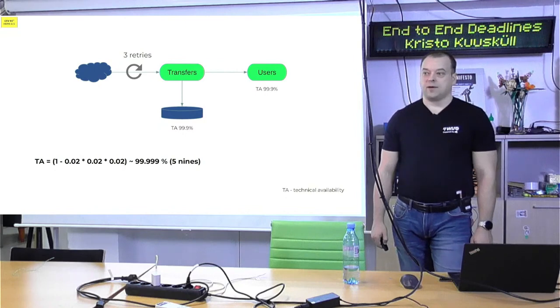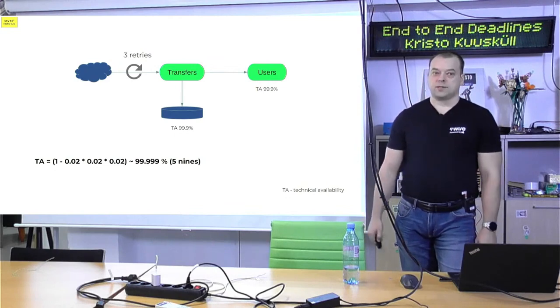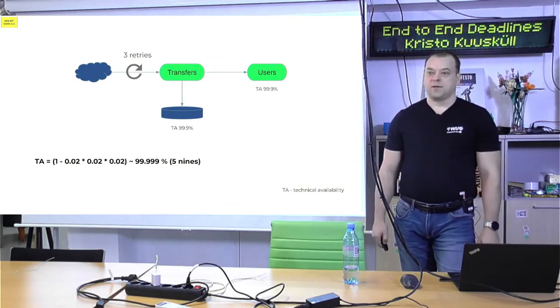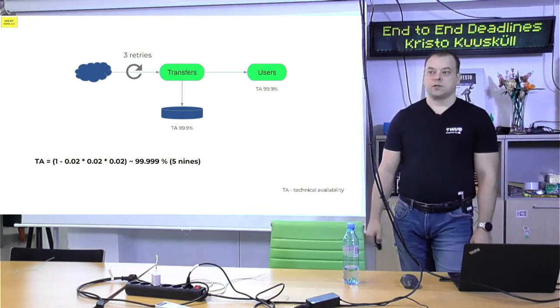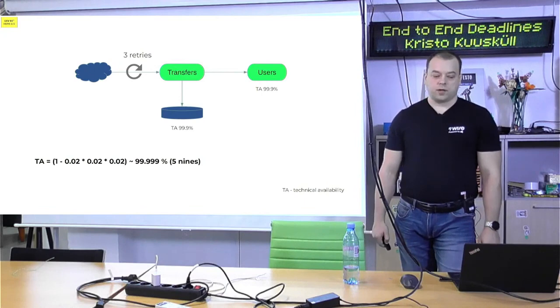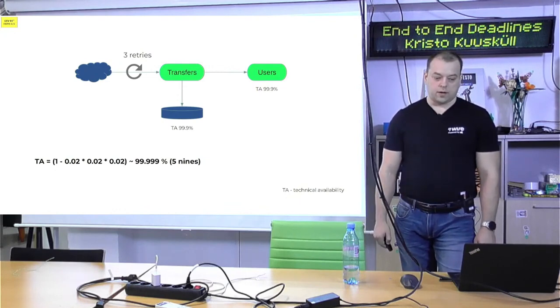We had suboptimal components with low availability, but if we take it as a whole, we get 5 nines availability with retries. And in practice it actually works. Not as perfectly as this, sometimes you have errors which cannot be retried, but it does increase availability a lot, both theoretically, as we see from the formula, but also in practice.